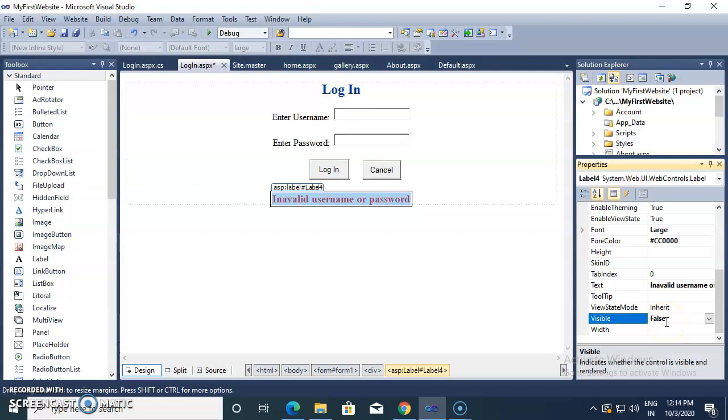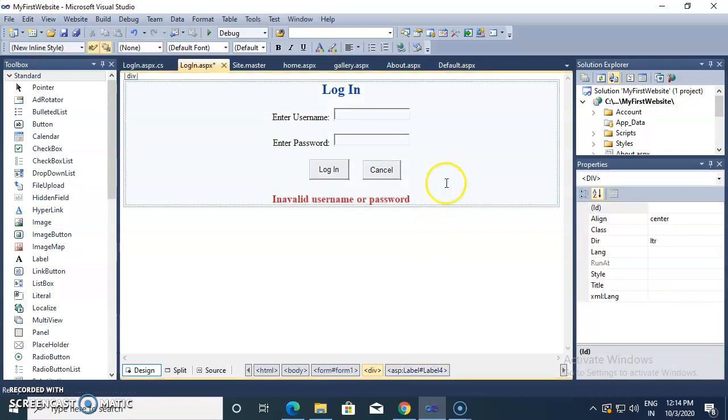We can change the properties by using the properties window, but inside the properties window we give only initial values. If you want to change the properties dynamically at runtime, then you need to change these properties by using C# coding. Now initially we are setting this visible property as false.